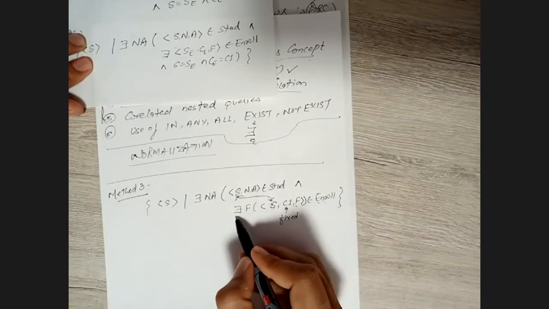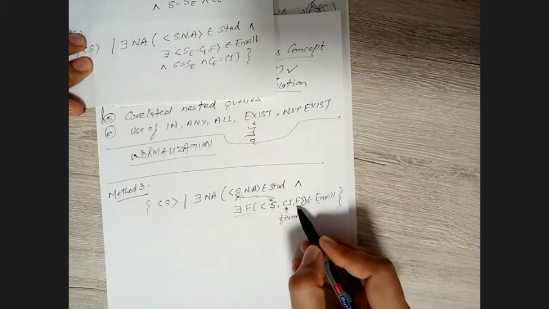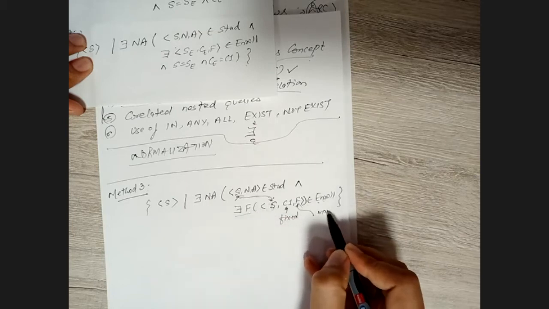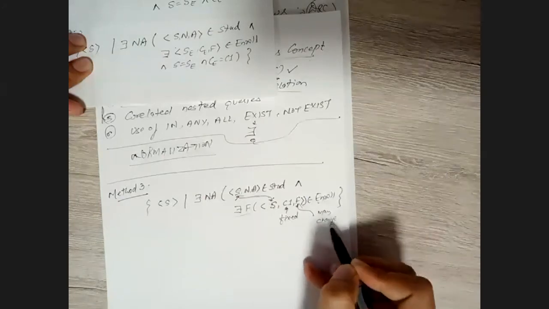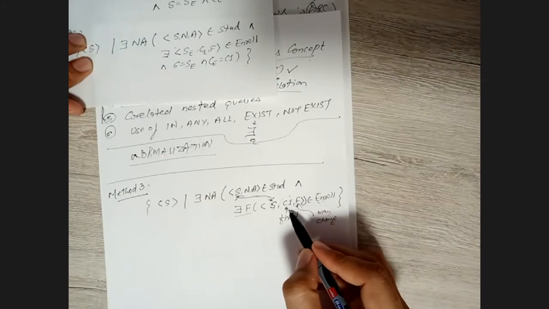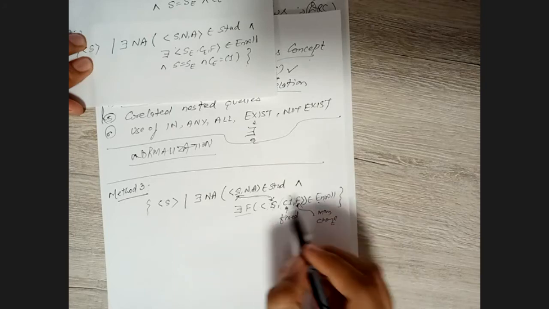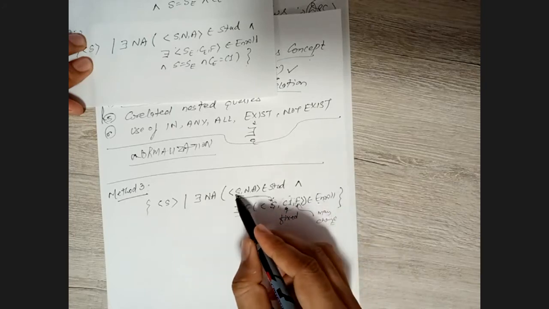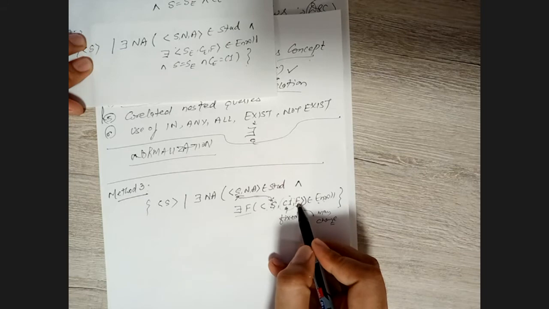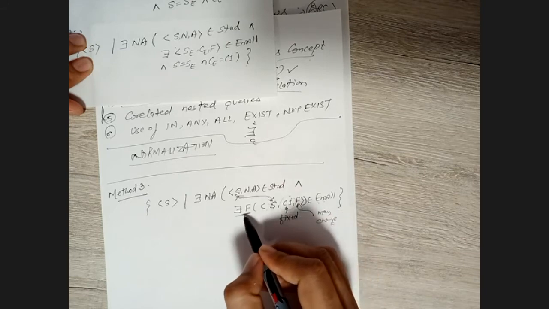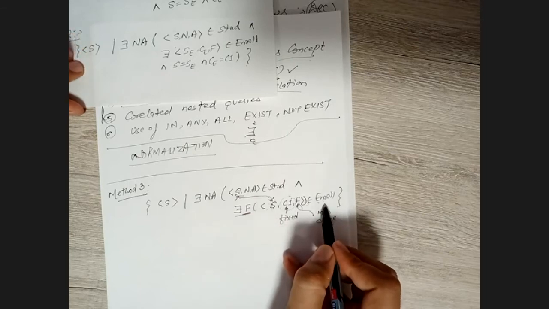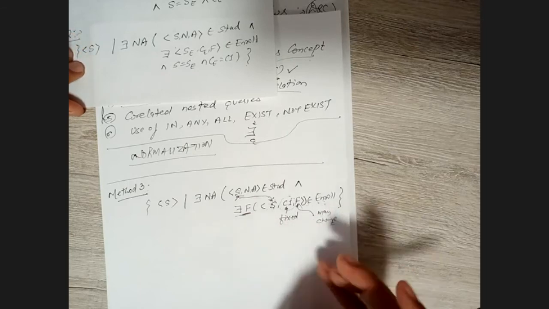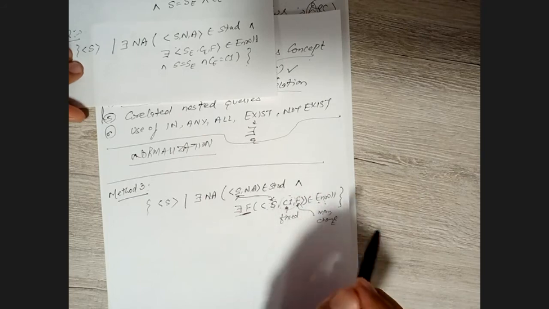So I have written there exists F now, and this F. So probably the value of F may change. Yes or no? The value of F may change. This will not change. Why? Because our query is on C1, and this should be the same as this. So there exists some F, right? So the F values may change, so that's why we have written it here, and this belongs to the enroll table, right?